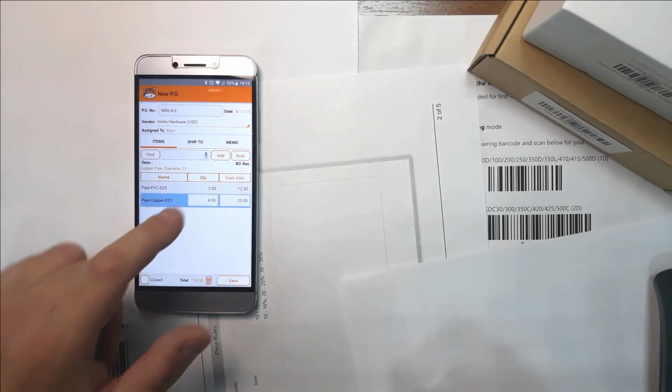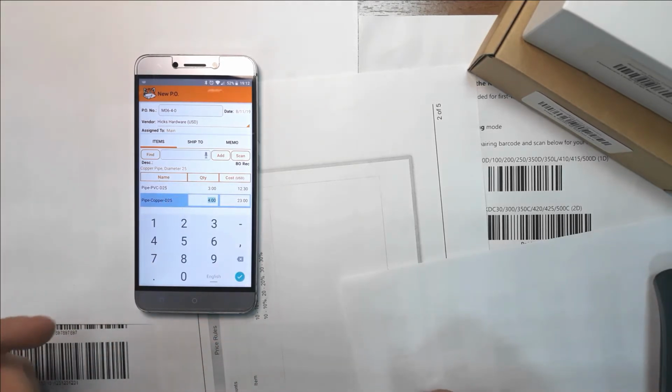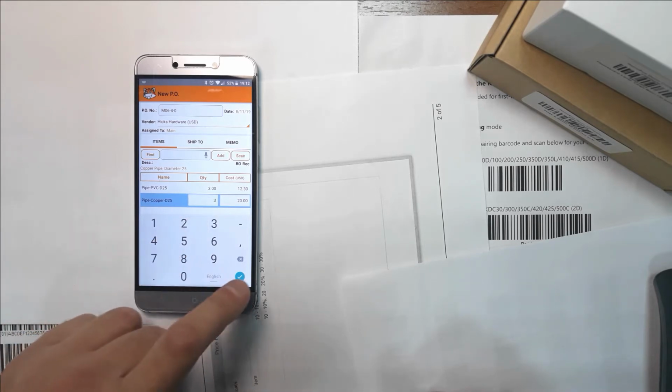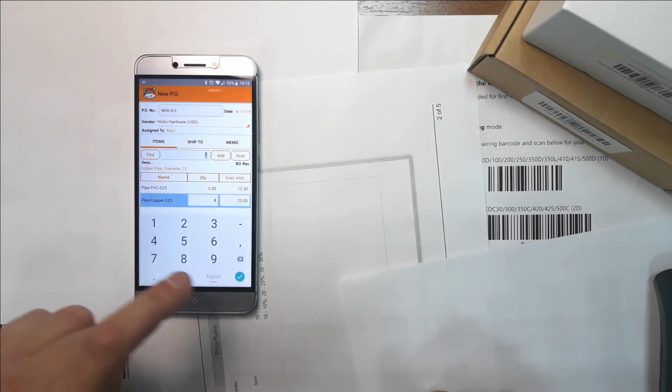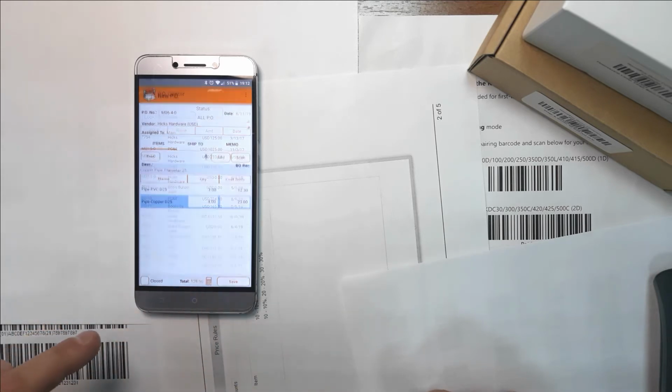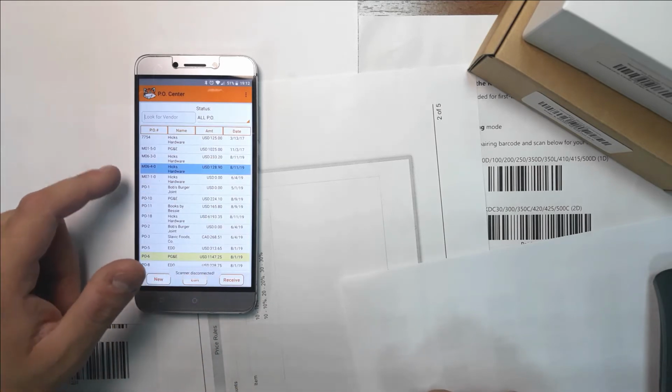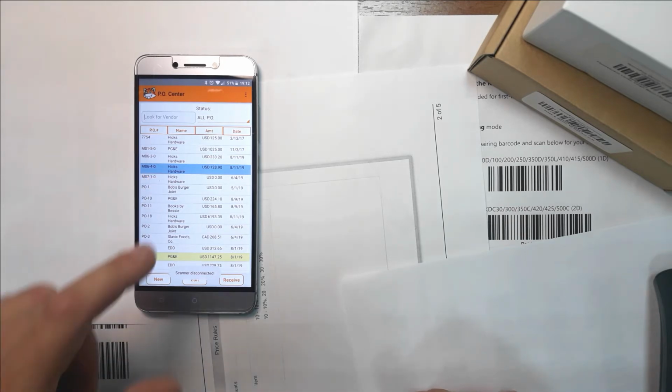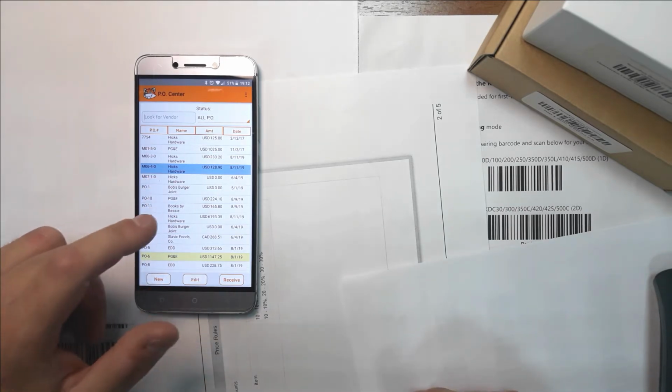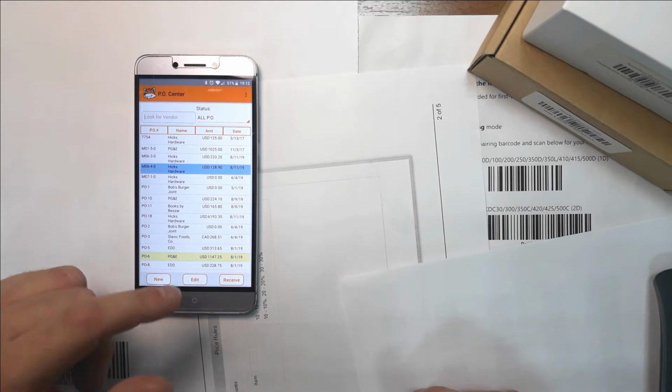And you can also combine these two ways and for example, scan an item once and then edit its quantity manually. And when done, we can tap save, and this creates our new purchase order. Here it is. And to receive a purchase order, we go back to this screen, highlight a purchase order, and